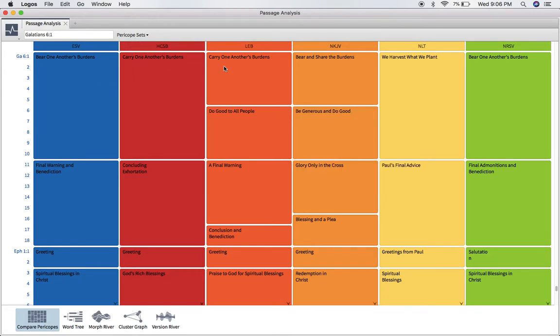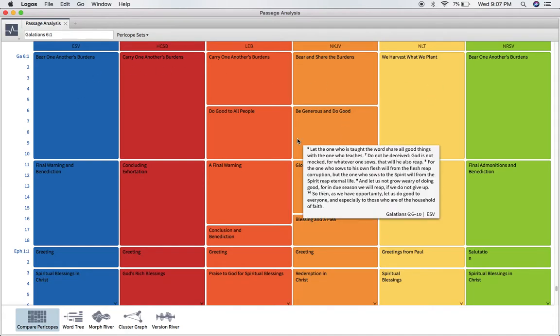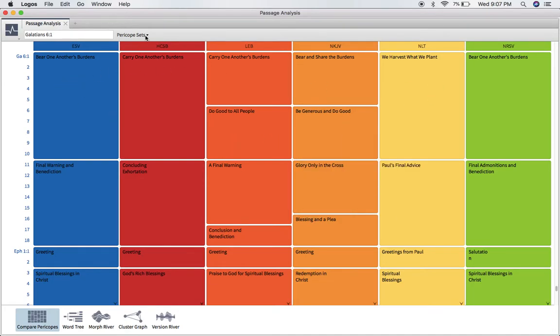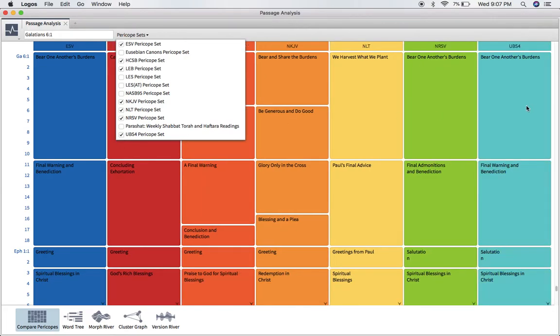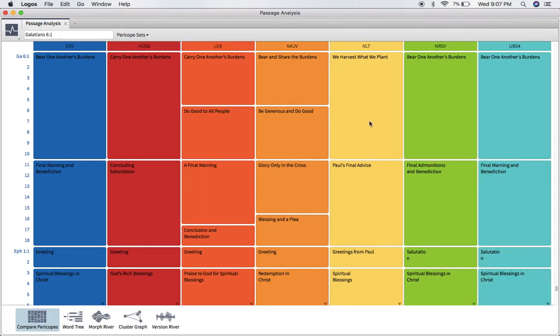However, if you notice, I have 6 English versions here, but my Greek version is not showing up. So what you do here is you come up to this little drop down box, scroll all the way down here, click that, and there it is. It'll pop up over there. So now I have all of these